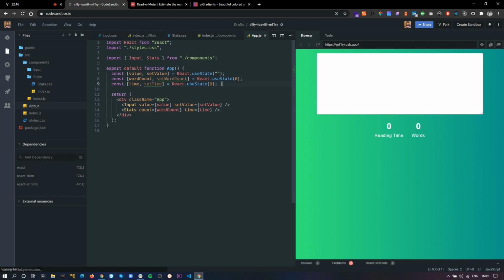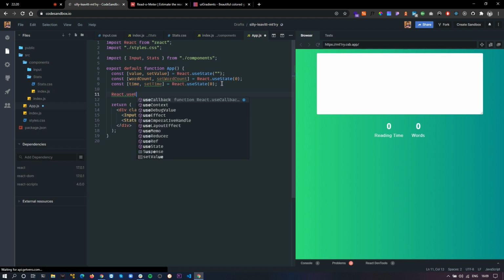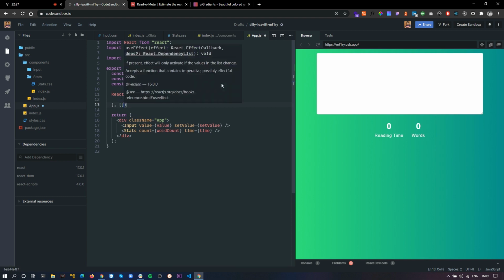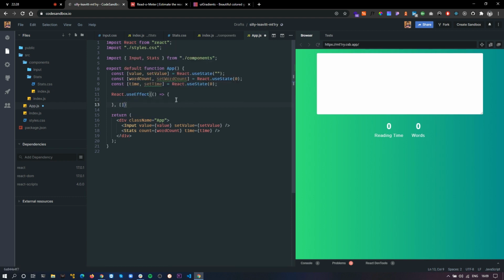So let's write it, useEffect. Let me just give you a brief overview of the useEffect hook. The useEffect hook takes two parameters. The first one is a function that is right here, and the second one is a dependency array.